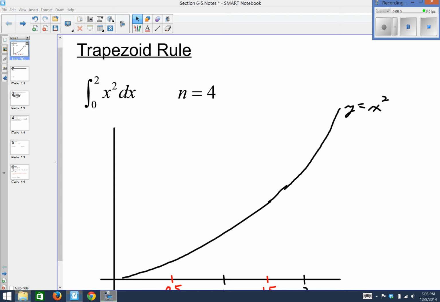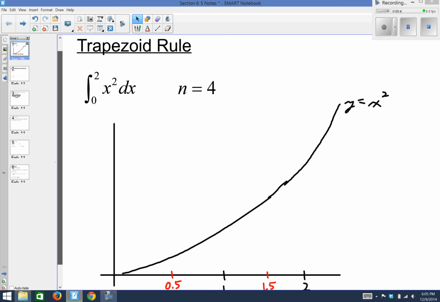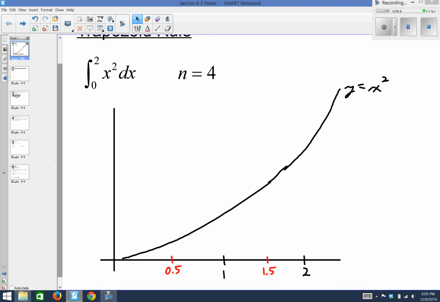So the trapezoid rule is just saying, let's say I look at x squared again, which is what we used before with RAM, and I want to estimate the integral from 0 to 2 of x squared. In other words, what's an estimate of the area between x squared and the x-axis? And we're going to use 4 trapezoids. So if I divide it evenly from 0 to 2, I'm going to have 1/2 between each trapezoid here. And if I start over on the right side, just to make it easier to see,